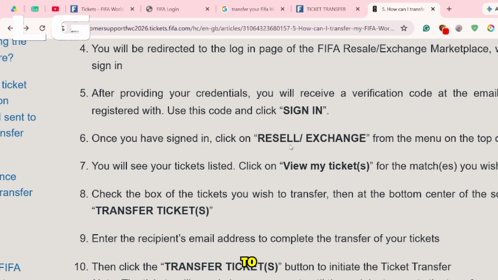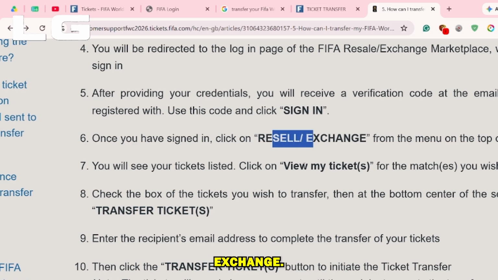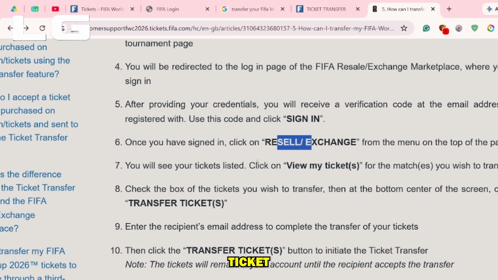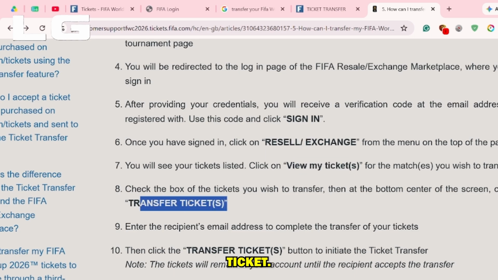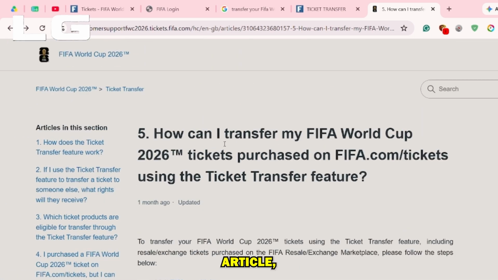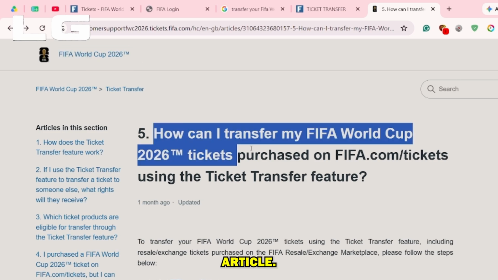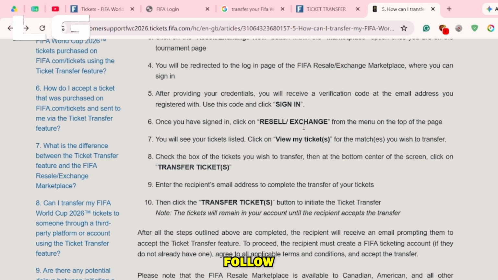And likewise, you're going to have to select resell or exchange, and then you will see your ticket listed. Select view my tickets. Lastly, select transfer tickets. If you would want this article, you can directly get it from this FIFA World Cup right here and search for this article. So guys, you're going to have to follow the on-screen prompt and then simply exchange or maybe